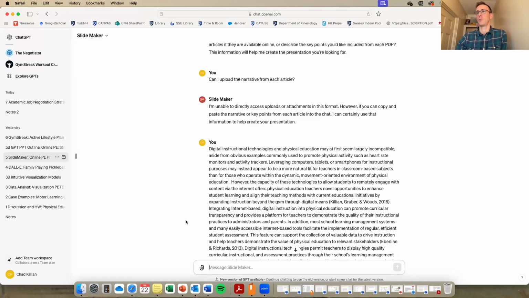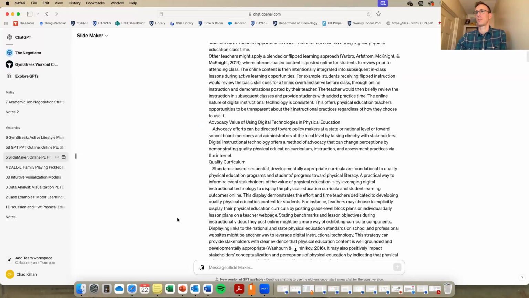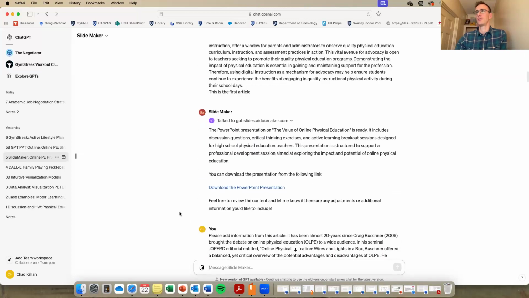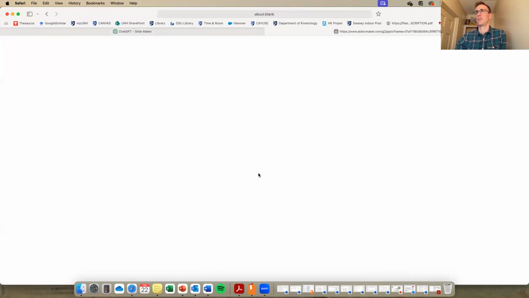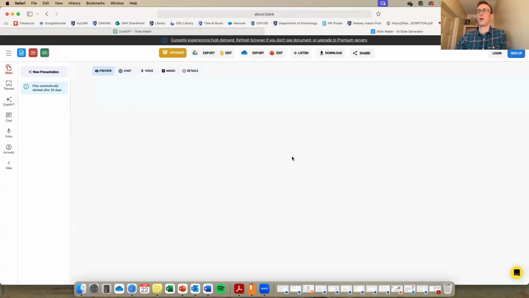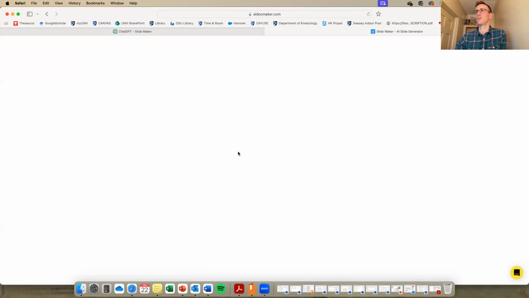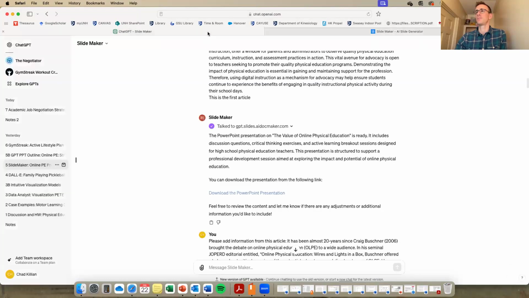So I put in some raw text from the articles, and it creates a PowerPoint and sends you out to this link if it works. And I think it might expire. This is how the slide maker works in any case. It gives you a link, and I will tell you it's not great.